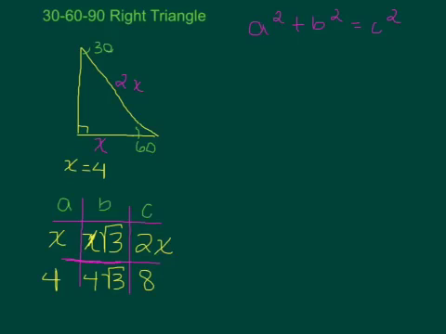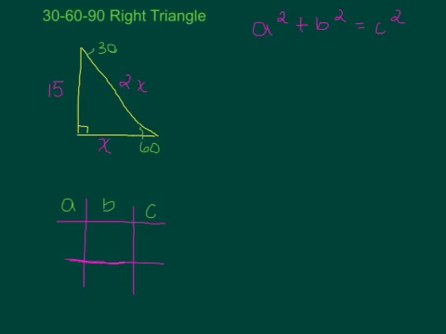Let's do one more example. In this case, I know what the longer leg is. I know what B is. And I want to solve for the shorter leg A and the hypotenuse C. So let's fill out our table. x, x square root of 3, and 2x. Okay, in this case, we know that 15, across from the 60